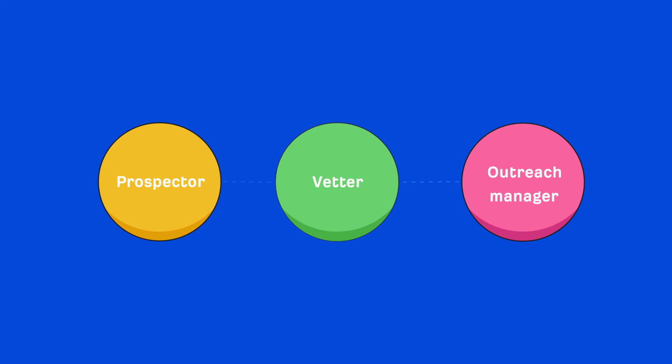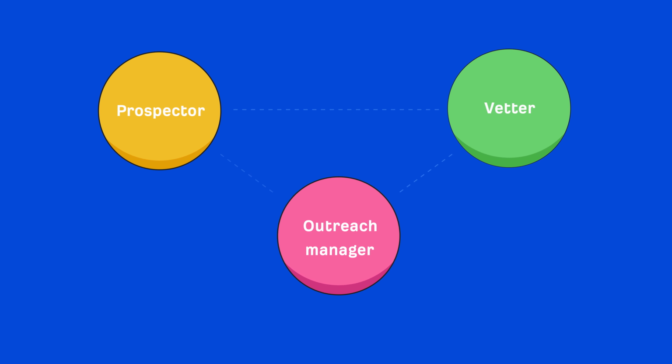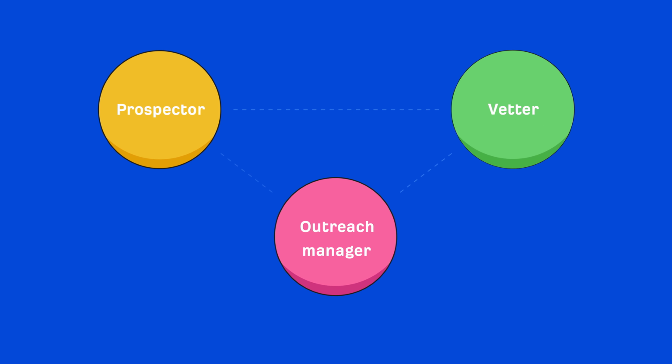Now, a lot of link building teams I've seen typically work with a linear model. The prospector does the prospecting, then the vetter does the vetting, and then the outreach manager sends the emails once everything is ready. Now, I've used this method for many years, and it does work. But what I've found to work more efficiently is a triangular model, especially when you're using the techniques I've taught throughout this course. So here's what it looks like at a high level.